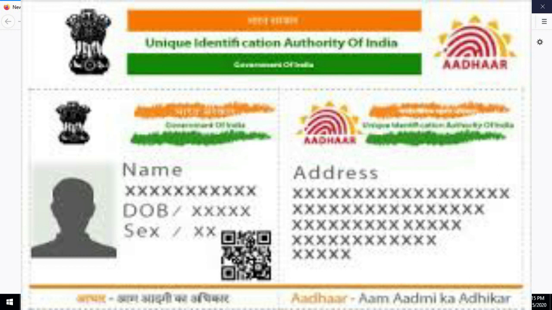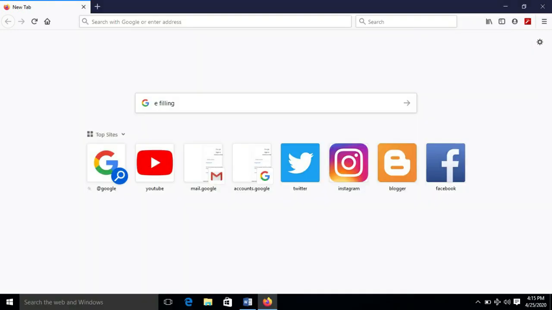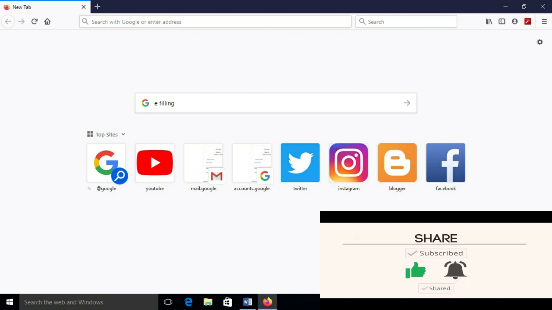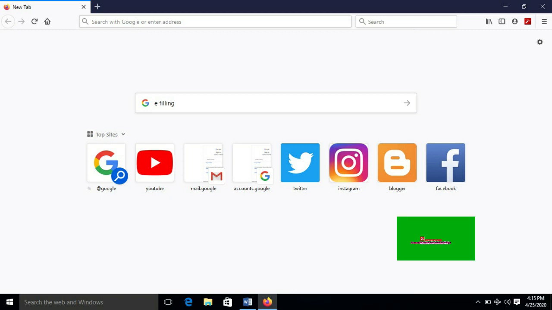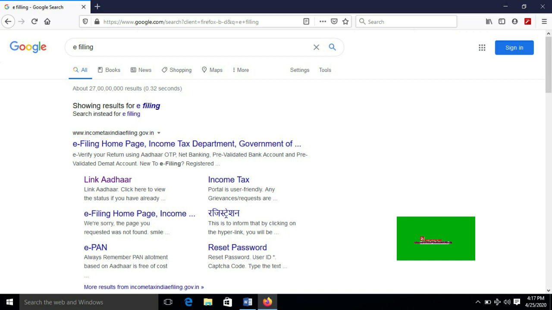Just go into Google, click on Google, and type e-filing.